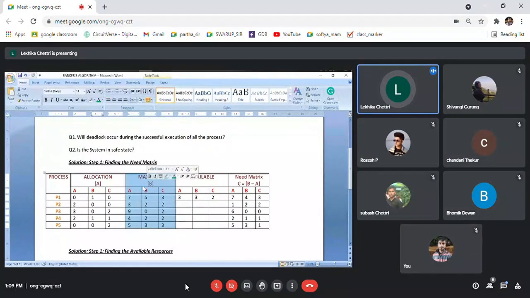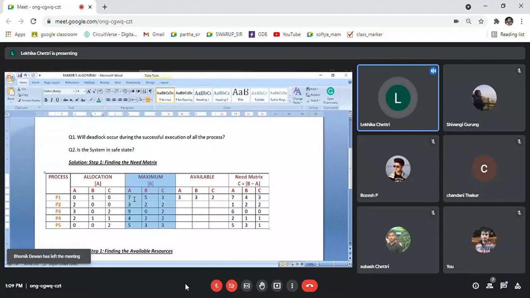This portion is the resource request that the process has submitted to the operating system, and we name it maximum. That means it needs 7 A resources, 5 B resources, and 3 C resources. Now after receiving this request, the operating system has assigned to them 0, 1, 0 of these resources. So out of 7, 0 is assigned. That means it needs 7 to complete. Out of 5 requested, 1 is already given. So now 5 minus 1, it needs 4 to complete its task, and the rest. I hope you have understood the need matrix.